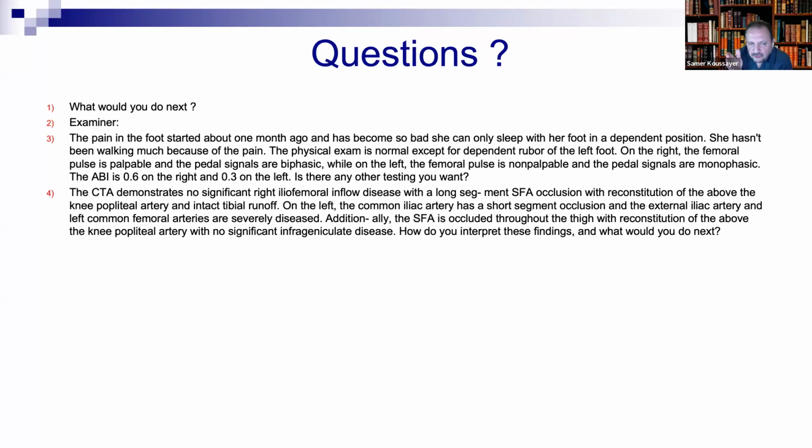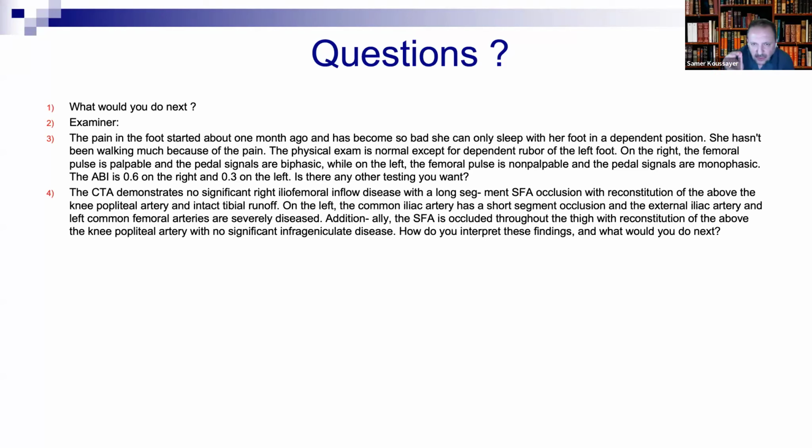So first we talk about the right leg, right? Now you tell me you're going to treat the inflow and outflow, correct? This is what I understood. Yes. Yeah, this is wrong. They're going to fail you on that. I don't know if they'll fail you, but this is wrong.